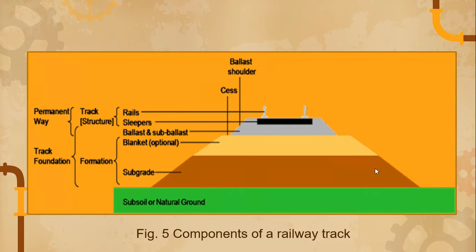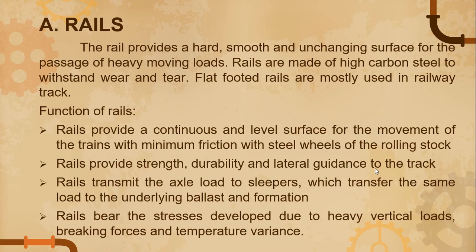From the figure, we can notice yung iba't ibang components nitong railway track, starting from the rails on the uppermost part of the figure. Then, susunod yung sleepers, where the rails are fitted, and directly under the sleepers are the ballast and sub-ballast. Then, we have the last component on the lower part of the figure, which is the subgrade and embankment. So let's proceed to the first component of a railway track.